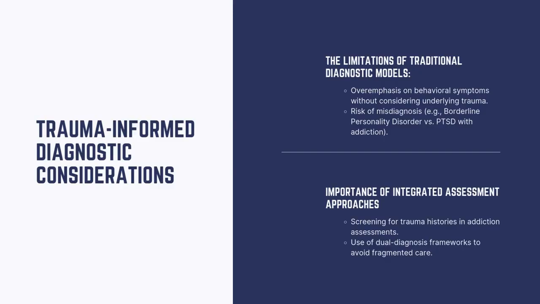And one major limitation of traditional diagnostic frameworks is their tendency to misattribute trauma responses to personality disorders or other mental health conditions without acknowledging the role of past experiences. So for example, a person with both PTSD and substance use disorder may exhibit emotional instability, impulsivity, and intense fear of abandonment, which could be misdiagnosed as borderline personality disorder rather than a trauma-based response. And this is problematic because the treatment approaches for borderline personality disorder and PTSD differ significantly. Misdiagnosis can lead to inappropriate interventions that fail to address the underlying trauma and may even reinforce feelings of shame